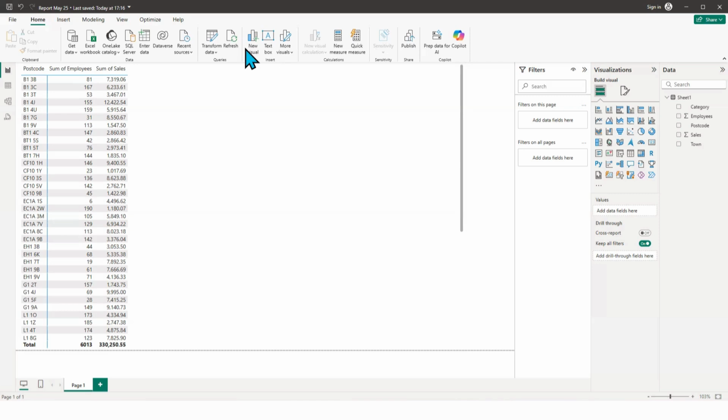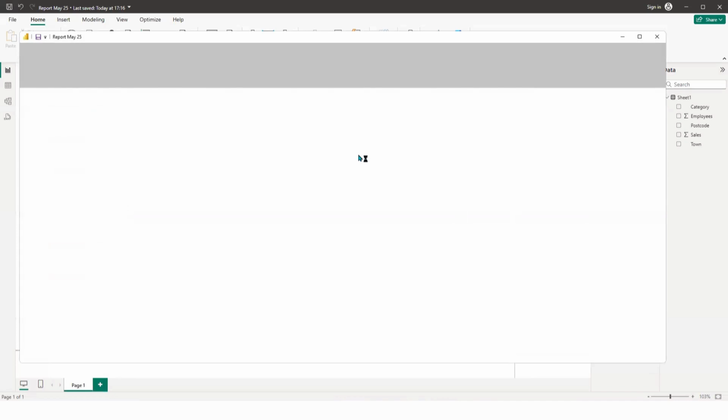Now let's say whoever is generating the reports, using maybe SQL or whatever it is that they are using to generate the reports, has now added an extra column. Power BI will complain that the number of columns in the new data is different from the number of columns I had in the previous one. So what do we do? I can go back and transform my data, and then I can include that new column. So if I click on transform data,